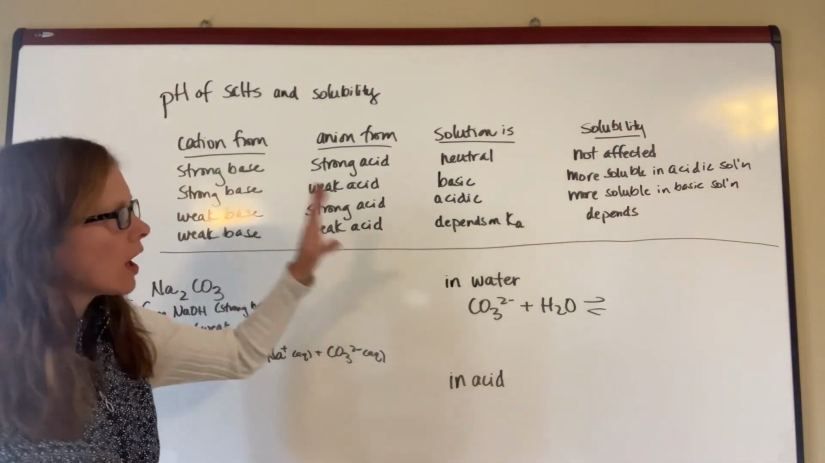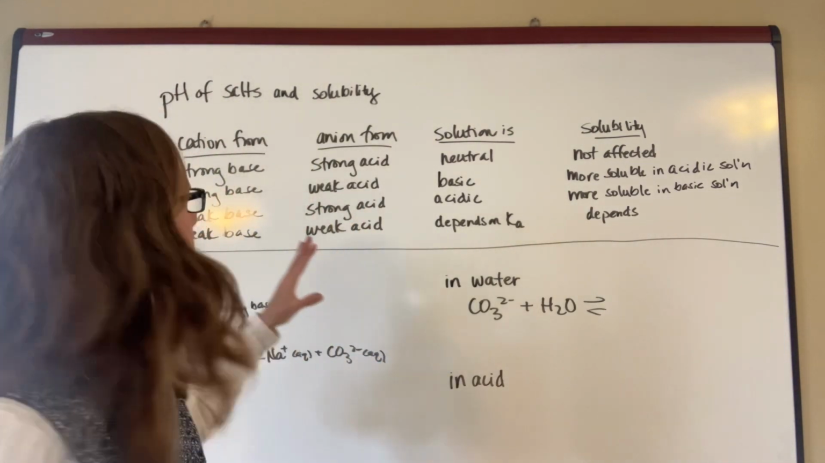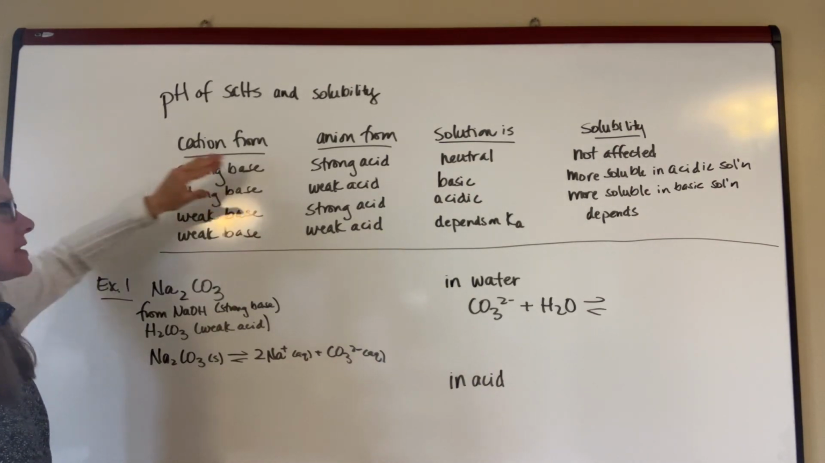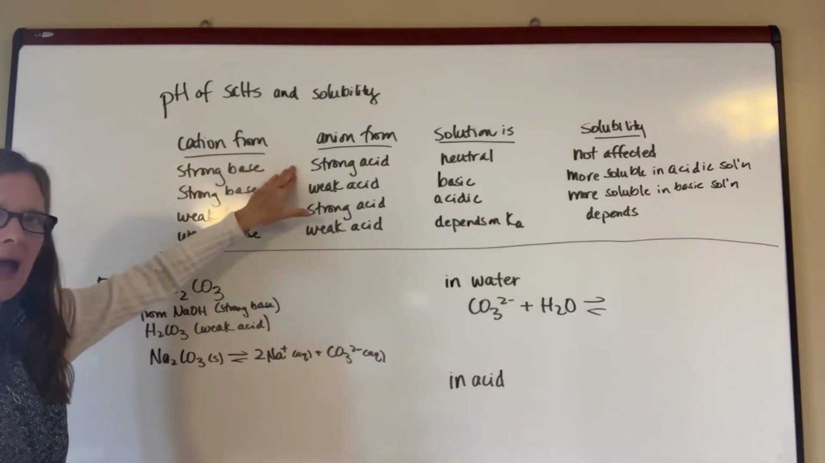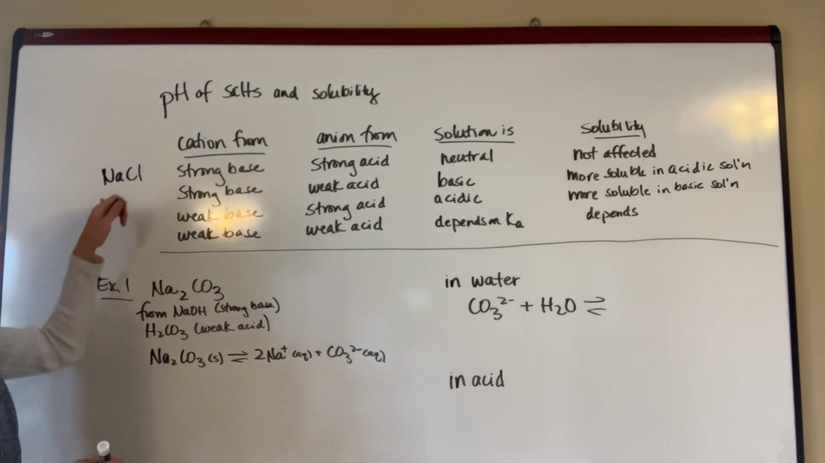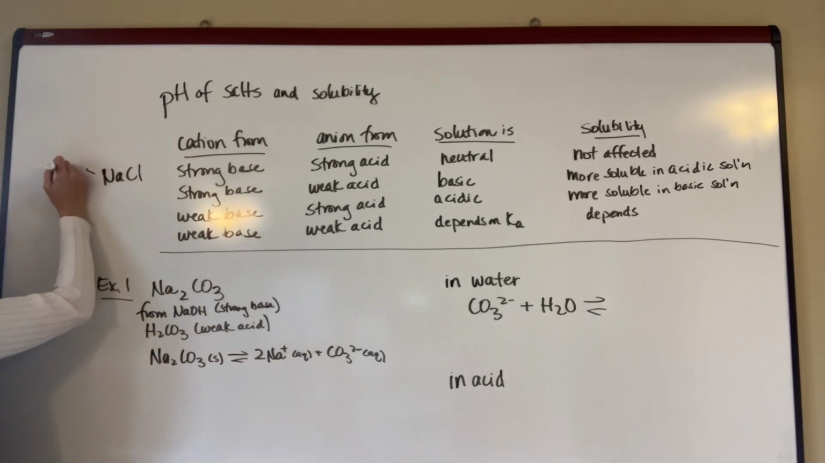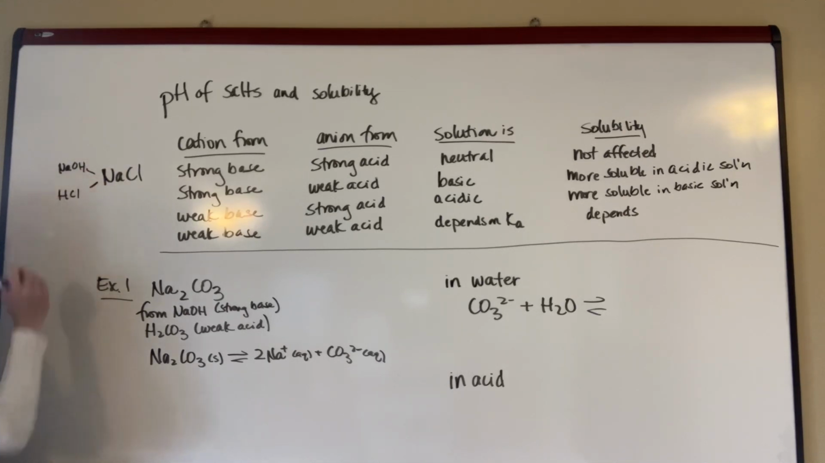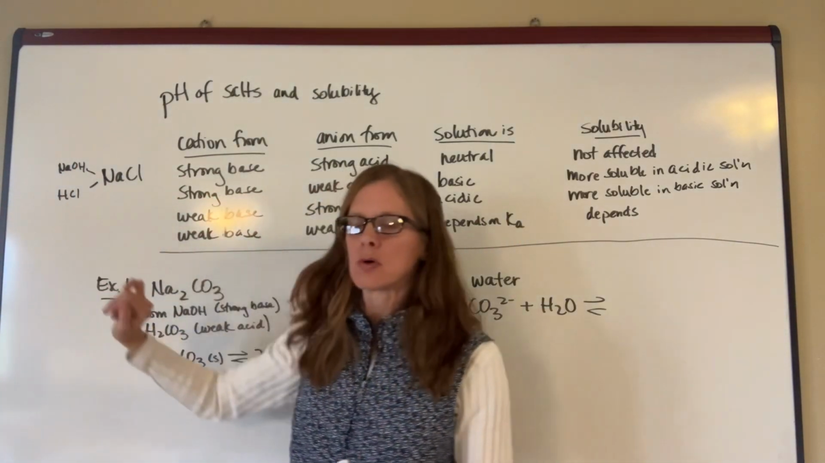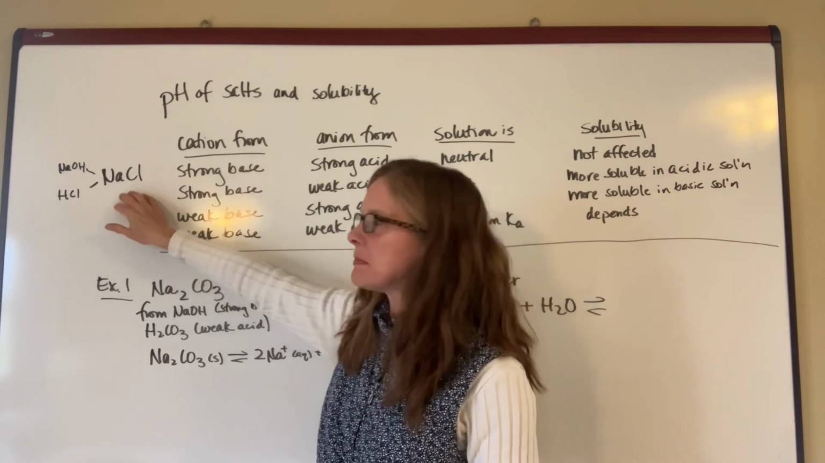So I've got a chart that is going to outline all of this up here. If your cation is from a strong base and your anion is from a strong acid, an example of that would be sodium chloride. Sodium chloride would come from NaOH and HCl. Remember, an acid plus a base makes a salt and water. So sodium hydroxide is a strong base, hydrochloric acid is a strong acid, and so if I make that salt out of that,